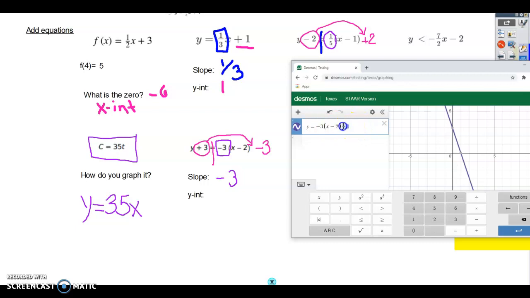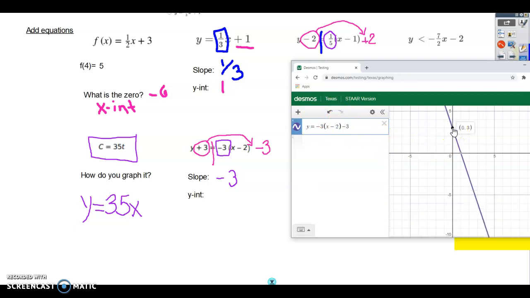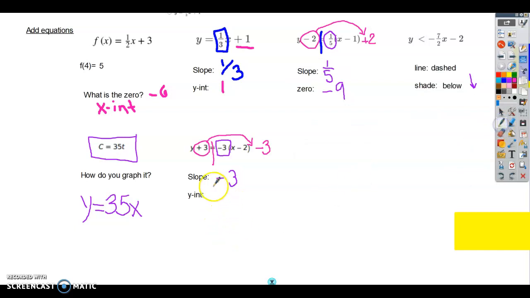Okay, so again, this is what happened. That won't graph, right? That's what it was. So I'm going to take that and move it to the other side and change the sign, and then it graphs it. So here's my y-intercept, here's my x-intercept. It asked me for the y-intercept, so that's 3. Okay,